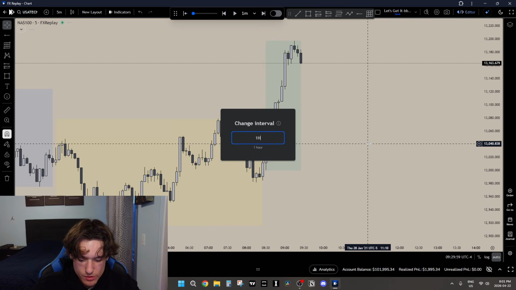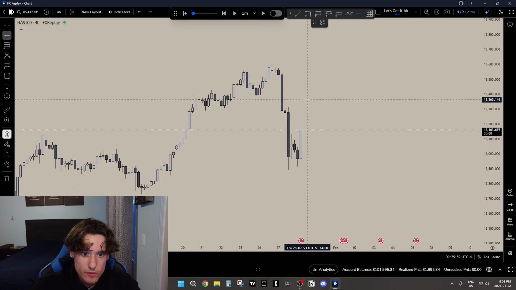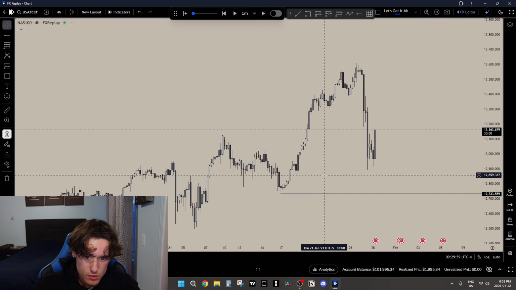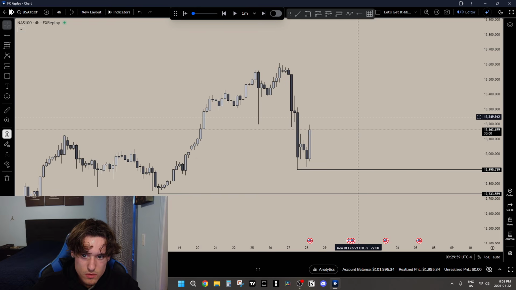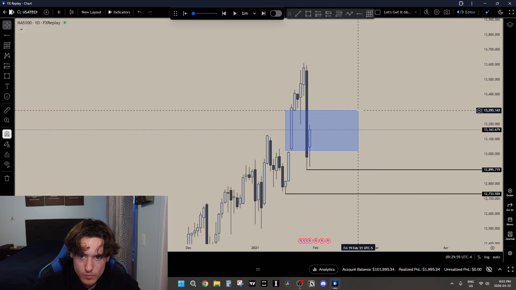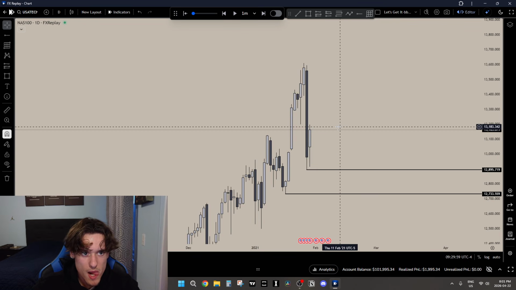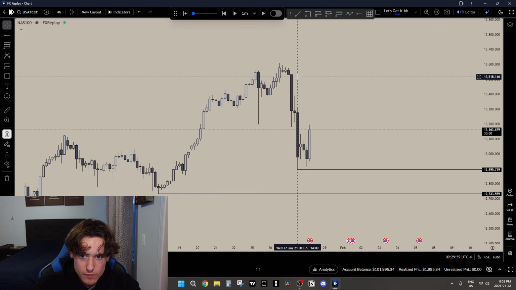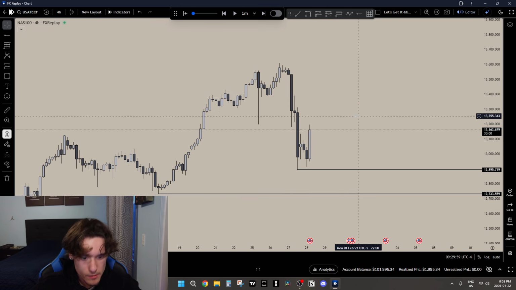Okay. New session. Okay, what is the 4 hour telling us? So 4 hours telling us that we have swing lows down below. We also have relative equals at these lows. Hourly time frame. We are literally inside of this gap still. So this could be a rejection higher. 4 hour time frame. Very, very bearish. Pushing lower.